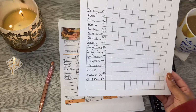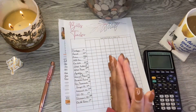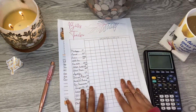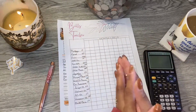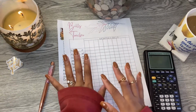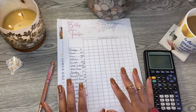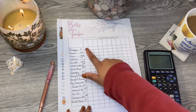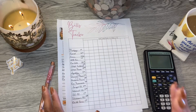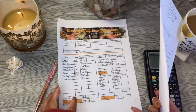I have not gotten to the point where I'm adulting to auto pay. Y'all that have adulted to auto pay, round of applause. I have not gotten that far yet. Maybe we'll see how things go with adulting in this next year, but auto pay for me, I just can't do it quite yet. So the bills tracker really helps me, like making sure that I am paying the bills when they are due, and making sure that I have not forgotten anything on my monthly spread or on my